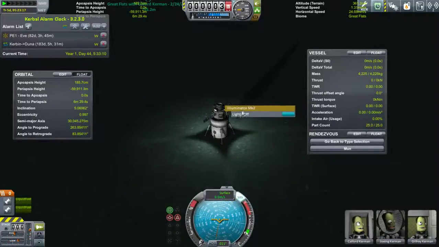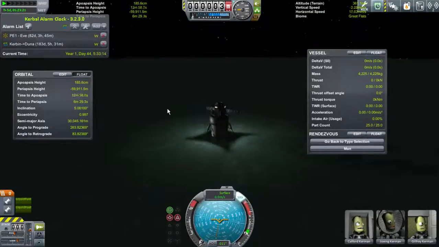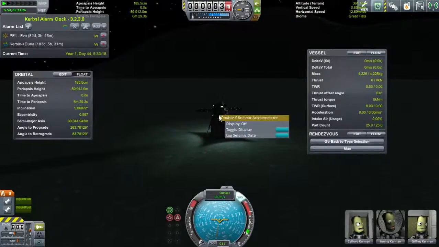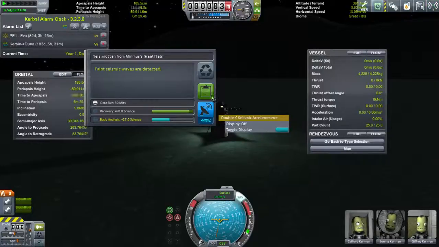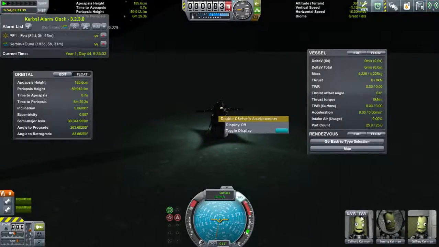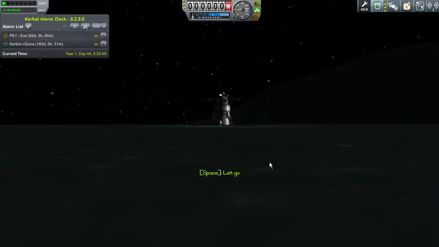Well, it was a rough landing and we ran out of fuel. But we're less than a kilometer away from the flag. And not only that, we have seismic data we can send. And Calford here, once that gets sent, can step out and do all of the things that we were not formerly able to do,